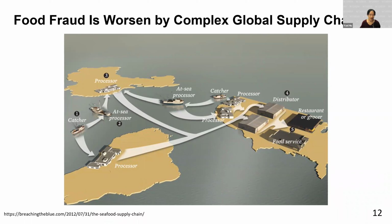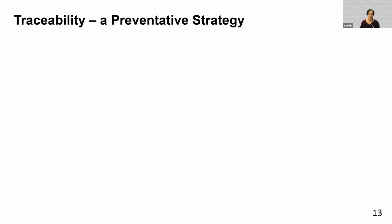So these gaps in the regulation and also the complex global supply chain have really created a lot of opportunities for the fraudsters to manipulate the products. So to address food fraud issues, one of the best strategies is to establish an effective traceability system. This is a great preventative strategy. And with all the detailed information being recorded along the supply chain, there will be fewer opportunities for fraudsters to